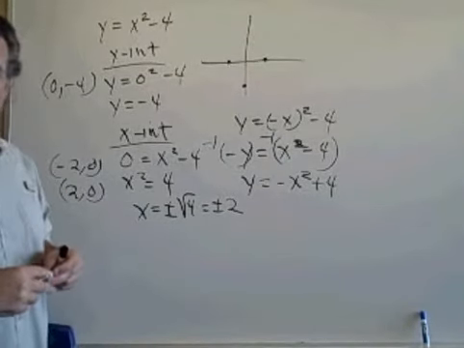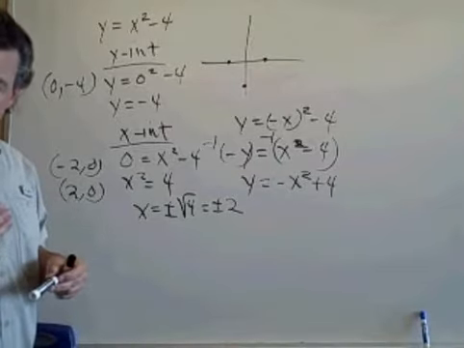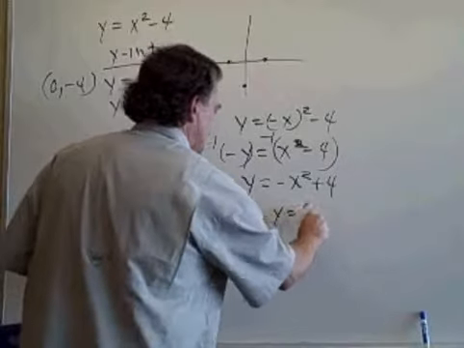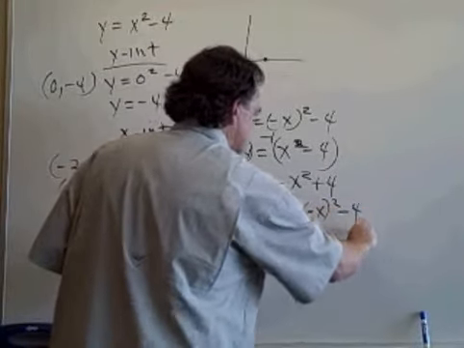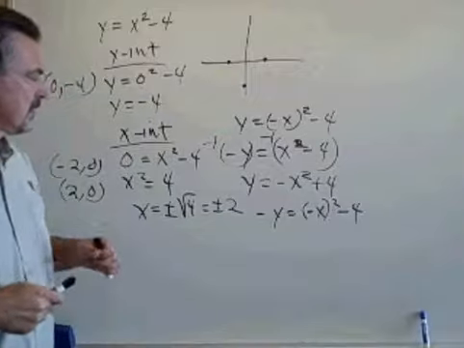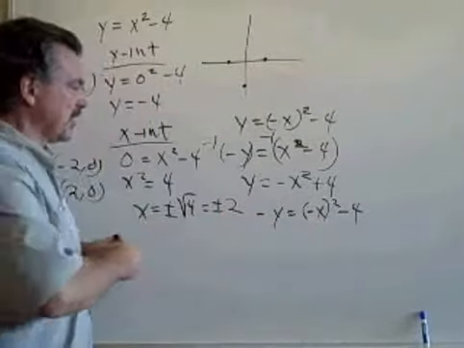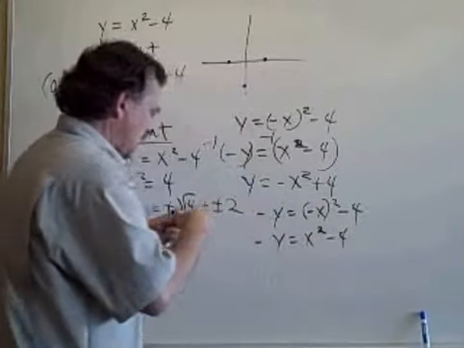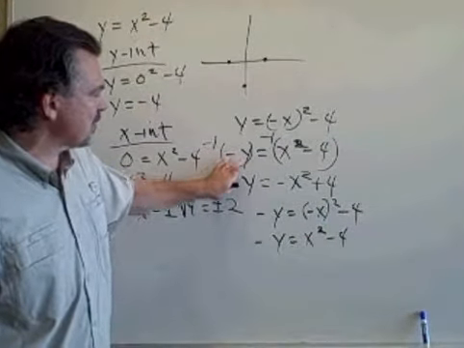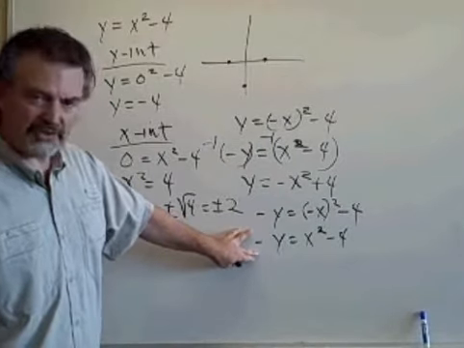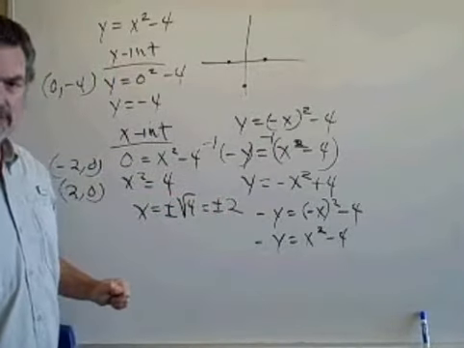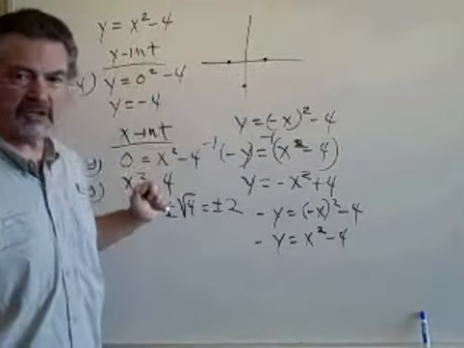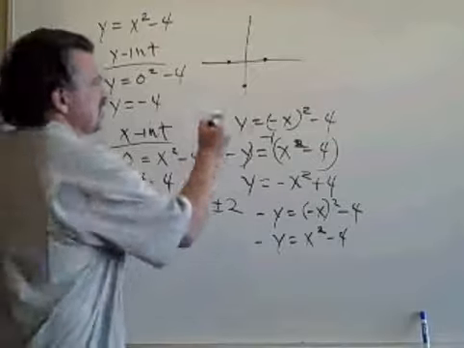To test for symmetry with respect to the origin, we replace both x and y with -x and -y. This is equivalent to x squared, and we're right back to the same situation. We can't transform this equation back into the original equation. So the only symmetry we have in this equation is with respect to the y-axis,